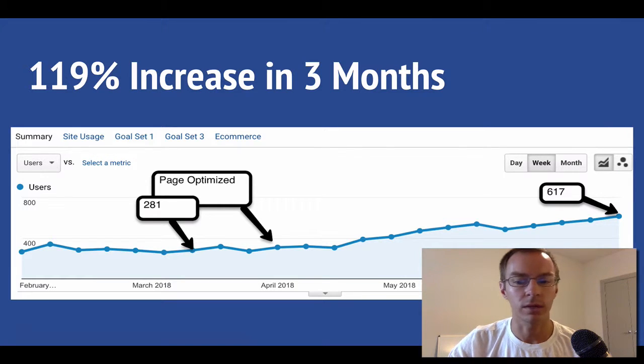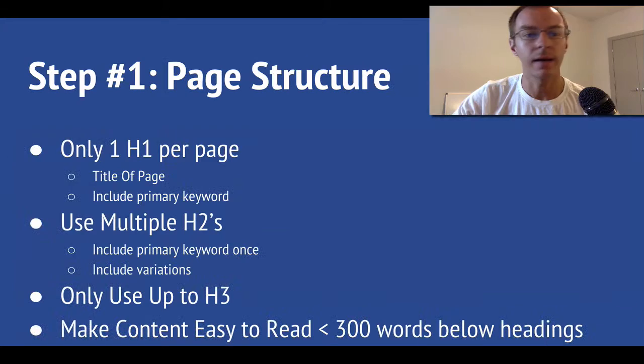And the final week of June 2018, they hit 617 visits to that blog post. So within about 90 days or less than 90 days, we were able to more than double their organic traffic week over week. So the four steps that we used to do that,